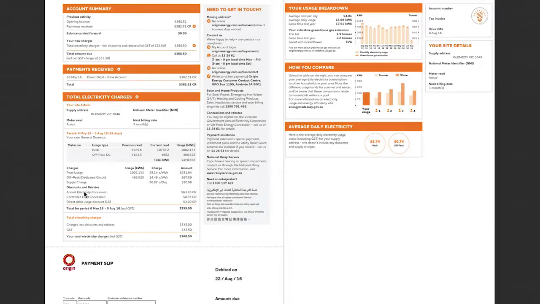Something I want to point out to you here is the annual electricity concession of $63.76 and the controlled load concession of $8.83. Now you see the annual electricity concession came off the peak usage, and the controlled load concession obviously came off the controlled load. These two concessions are because the customer would be receiving money from the government for, it might